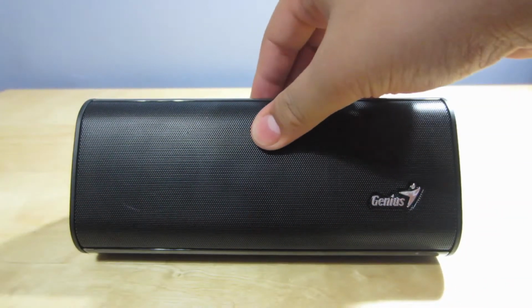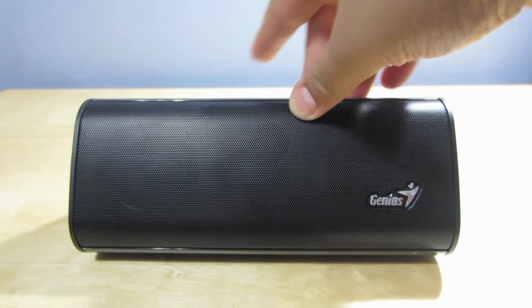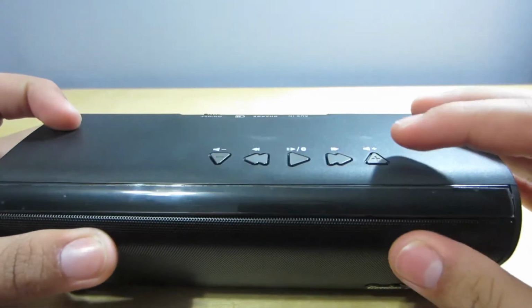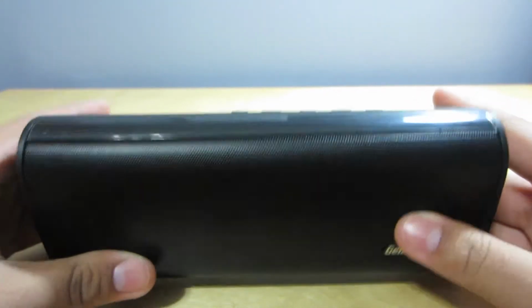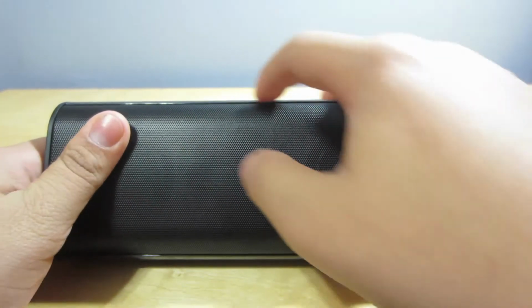And like I said, it is actually kind of awkward during my experience of using it, having to reach back here to press the buttons. Maybe they can reposition the buttons right here on this nice top black strip. It's actually very spacious, and the buttons would fit very nicely, I think. So they can actually just put the little icons on this part, and the buttons can physically go here,